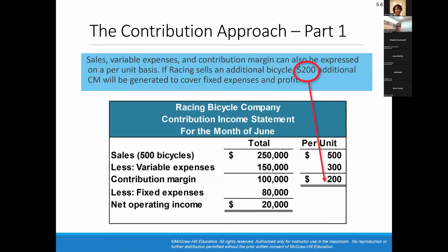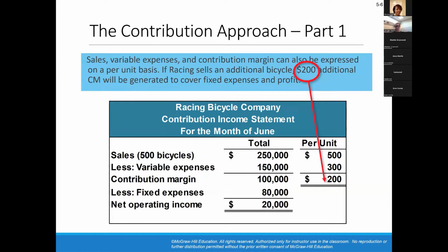All right, so right now we're going to break it out on a per unit basis. The example that they're giving us is that we're selling 500 bicycles. The bicycles have a contribution margin of 200. So if you want to know how much it is per unit, we look at our total sales, which is 250,000, and divide it by the number of units that are sold. They're telling us we sold 500 units. So it's just 250,000 divided by 500. That gives us the 500